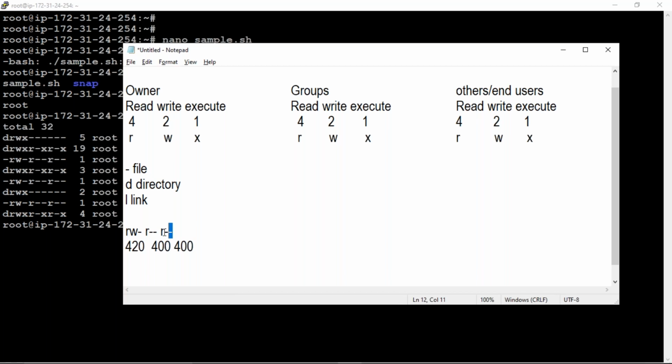So this is the symbolic representation, and this is the numeric representation. We have to give the permissions as either this one or this one. Now we need to change the permissions to read, write, execute. Which number can we give for read, write, execute?